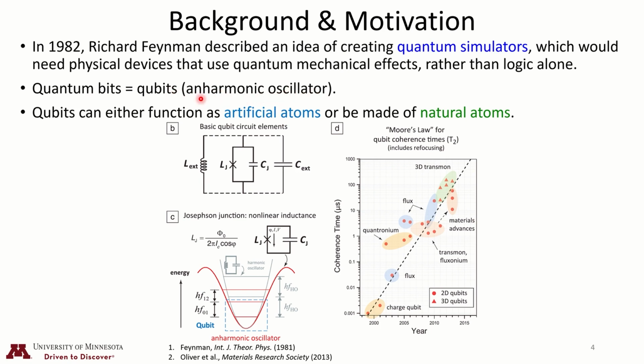That oscillation is called an anharmonic oscillation, or if you're talking about the device itself, an anharmonic oscillator. The anharmonic oscillator can exist within an artificial atom, which is a physical device, a nanoscale object or a microscale object with nanoscale features in it, or it can be made of natural atoms. Natural atoms have resonant frequencies, and they can have these anharmonic oscillations. We can use those oscillations in either natural or artificial atoms to